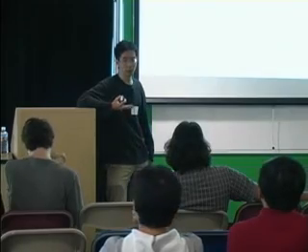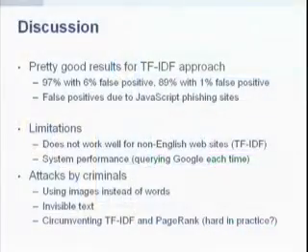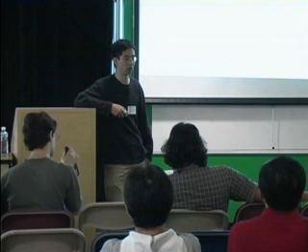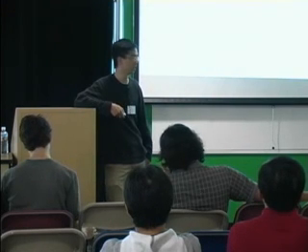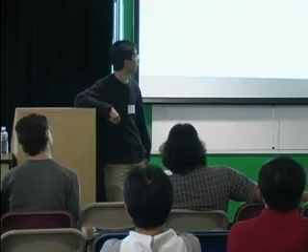Invisible text is another issue, but I think this is easily detectable. And circumventing TF-IDF and PageRank. We're actually not sure if it's easy to do this or not. We have our suspicions that TF-IDF is fairly robust. It's quite hard to subvert this. And my suspicion is that, over here at Google, PageRank is being attacked all the time by search engine optimization companies. My suspicion is that that's also fairly hard to subvert. But again, we don't have any statistics or data on how hard or easy it is to do this. Okay, so a quick summary.